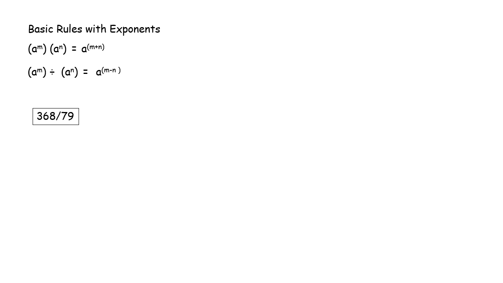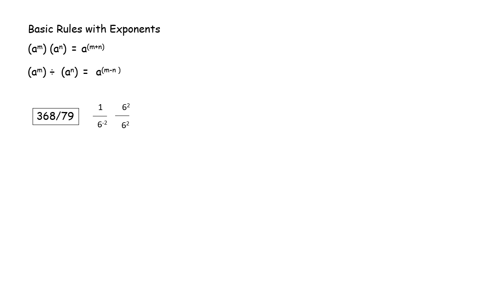Here's problem 79 on page 368. We're given 1 over 6 to the negative 2. To clean up the negative 2 in the denominator as the exponent for the base 6, we'll multiply the top and bottom by 6 squared. And we'll see why. Because when we use the rule, the first one, when you have the same base and you add the exponents when you multiply them,